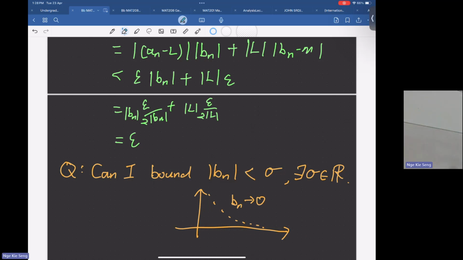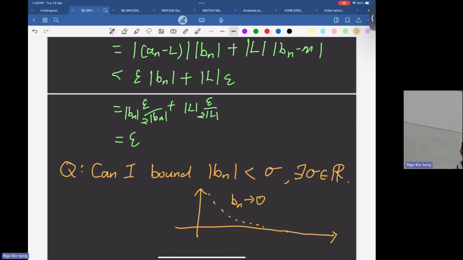How about you alternate between the sequence, and maybe, okay, let's do something weird here. So maybe you do it like this, and it still converges to 0. Okay, so how do you bound this? From this picture, if I have this kind of convergent sequence, what number can bound the terms of the sequence?